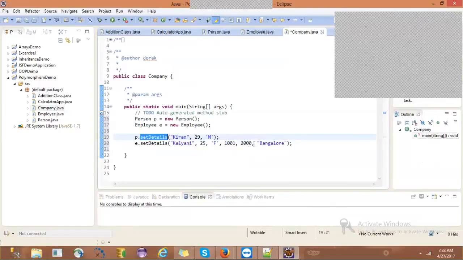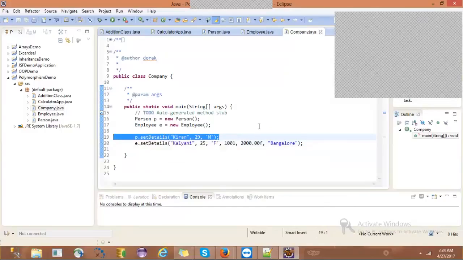From this method call, which copy of the method is going to be executed?